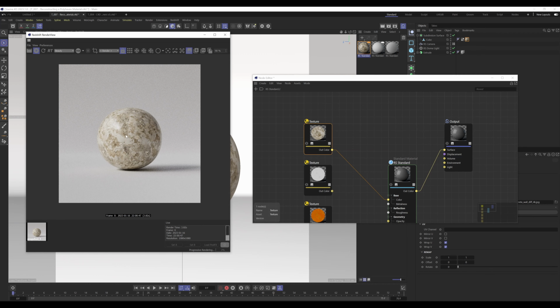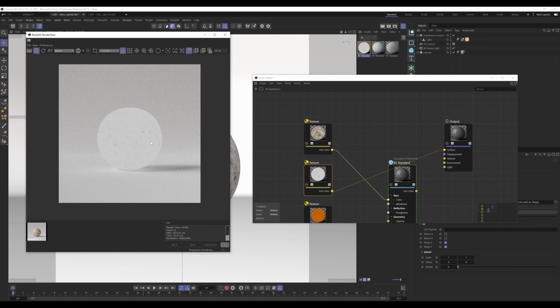And ta-da, we've got the main color of the material. Now it doesn't have any of the other physical properties though, so we've still got this plasticky ball, but with a nice cracked wall texture. So it's kind of like a laminate material at the moment, I guess. Okay, so then the next one